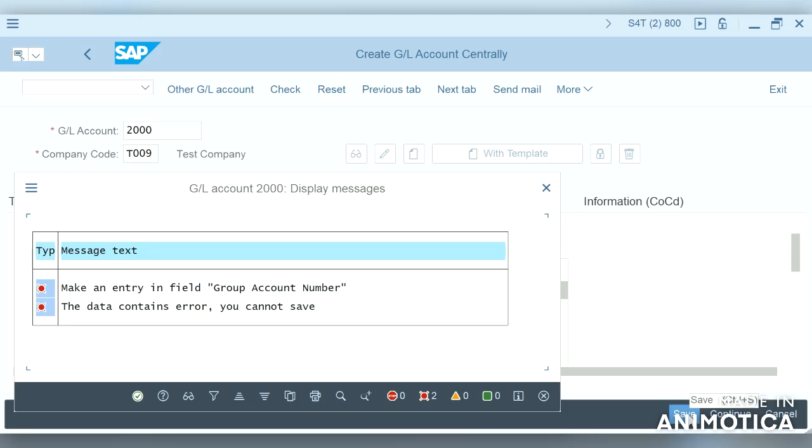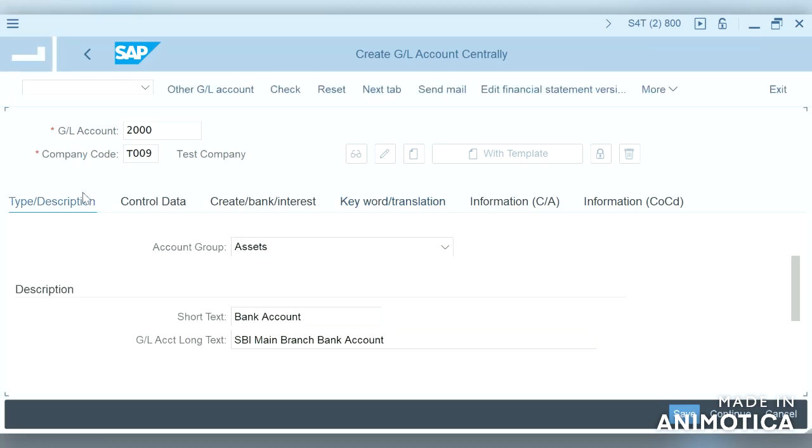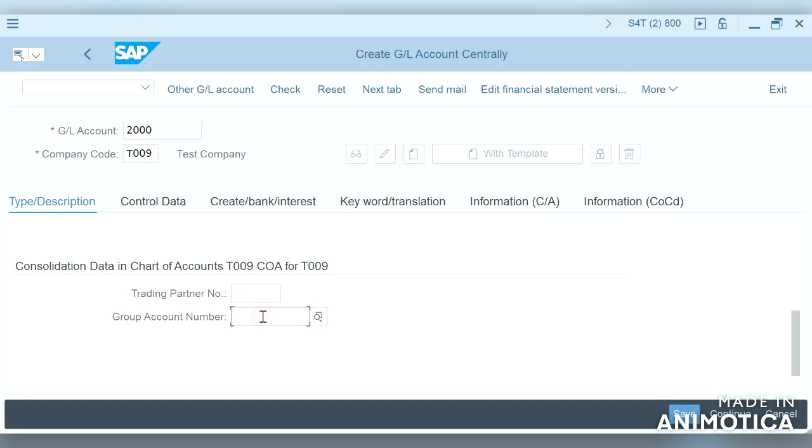Make an entry field in group account number. This data contains errors and we cannot save. So let us give the group account number the same as the GL account. It's an information.